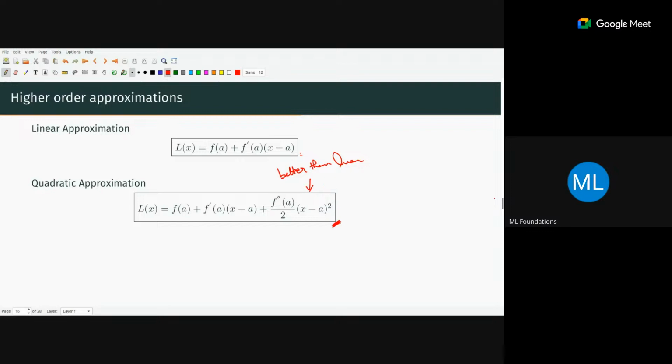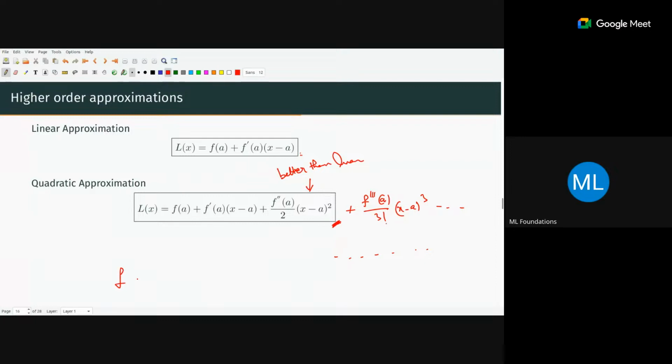Okay, and if I add one more, so this is the cubic approximation. This will be better than the quadratic and linear ones we had. If you slowly extend this to higher order, this is nothing but the Taylor series of your function. If you take higher and higher order terms, it will slowly become equal to the function. It will actually move towards the function values.